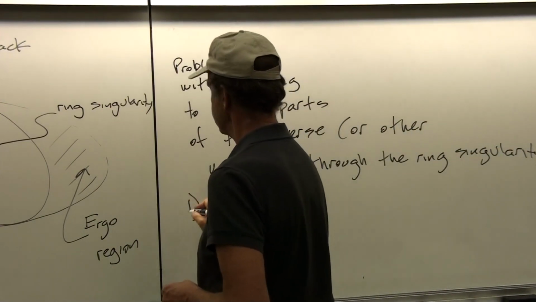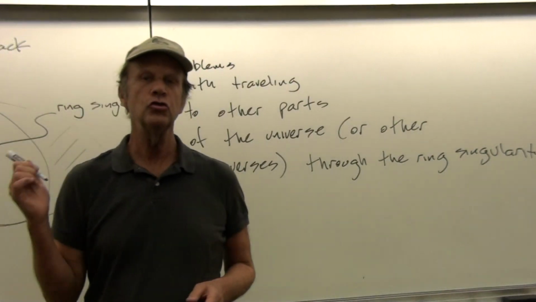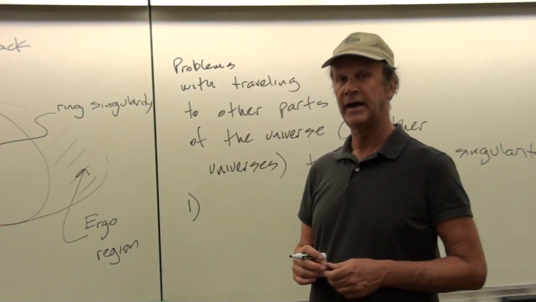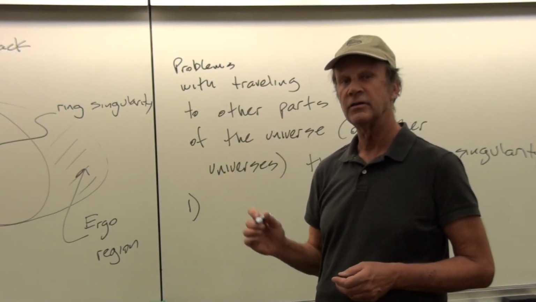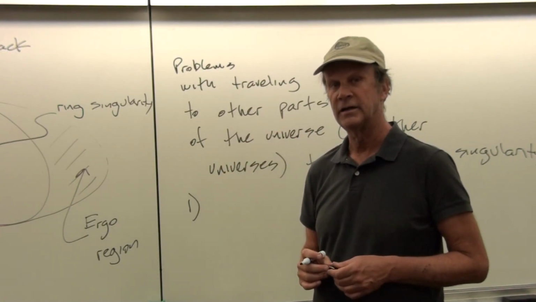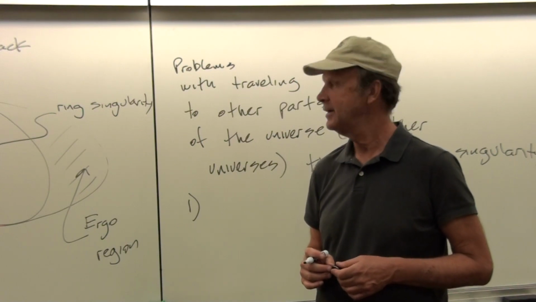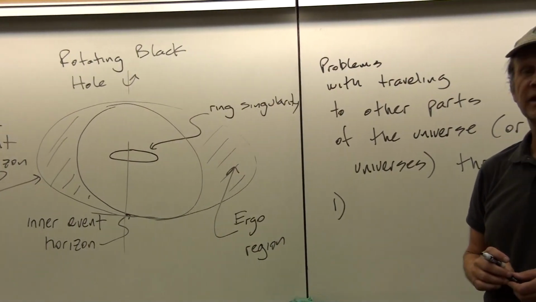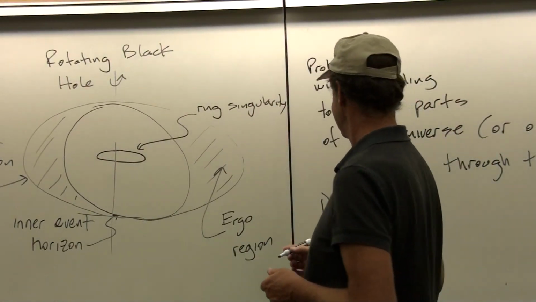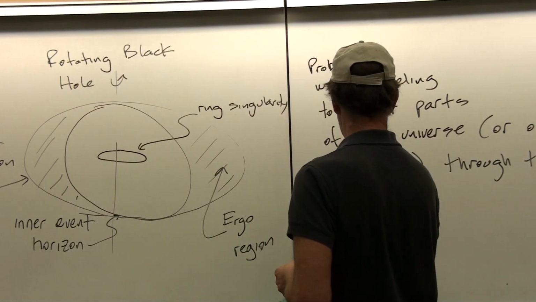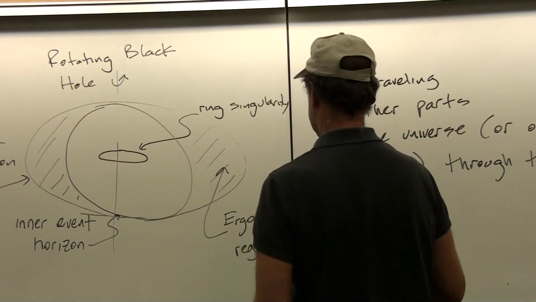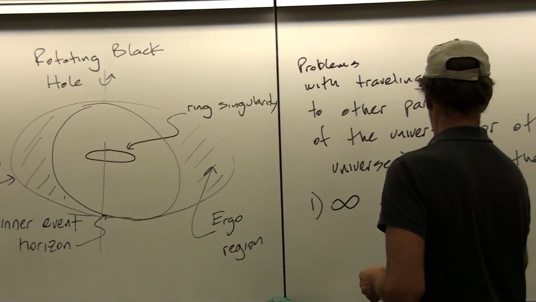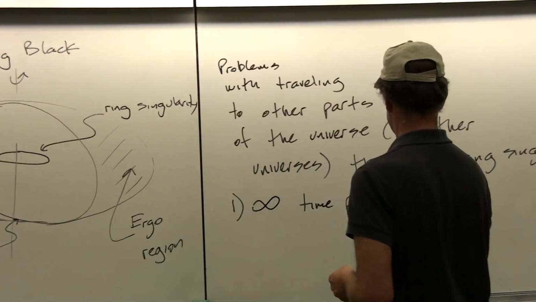One of these problems is that now we have two event horizons rather than one. And as we learned last time, each time you cross an event horizon, an infinite amount of time goes by relative to the universe you left behind. So somehow these infinities would have to cancel out. And so that's one problem. Infinite time passes each time you cross an event horizon. Just a minor problem.